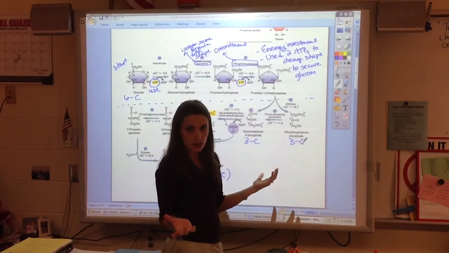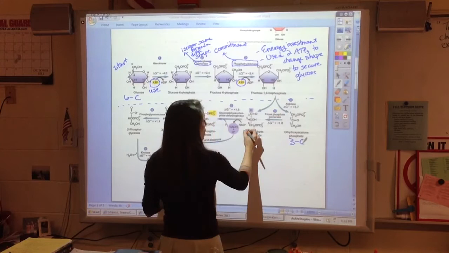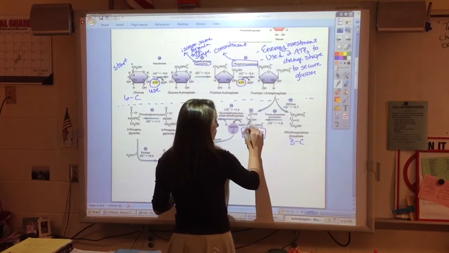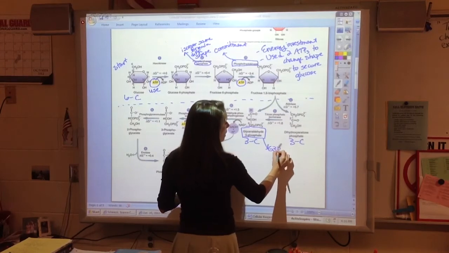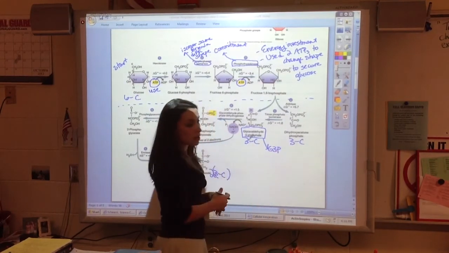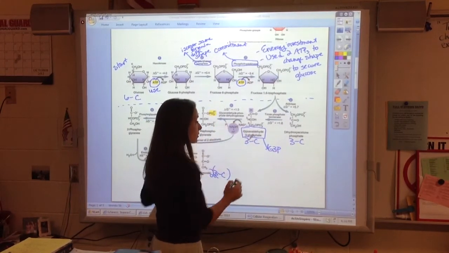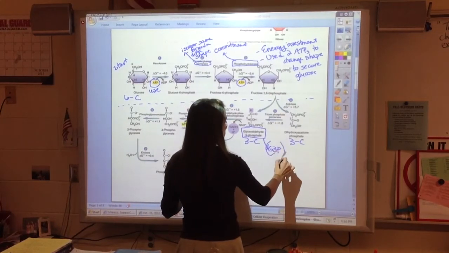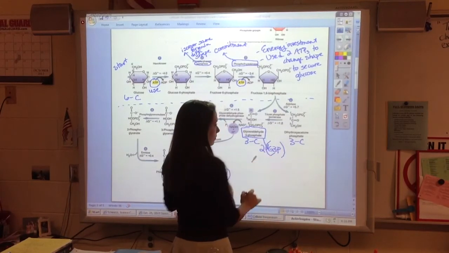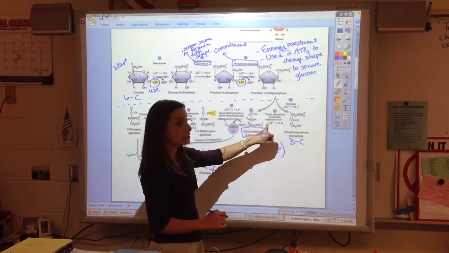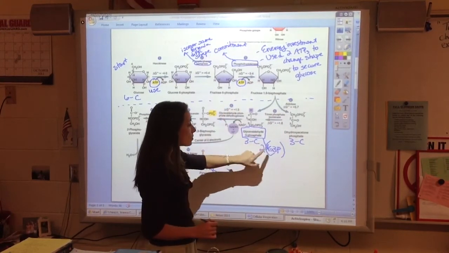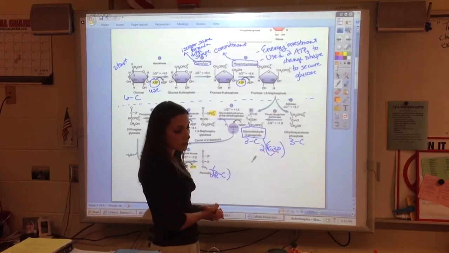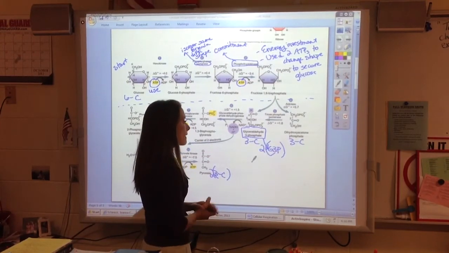You don't need to know these names. You do need to know G3P, this one. G3P. G3P is a 3-carbon compound that we end up with 2 of them. After we do this isomerizing, we change the shape around a little bit. We end up with 2 G3Ps, which we'll see come into play a little bit later.